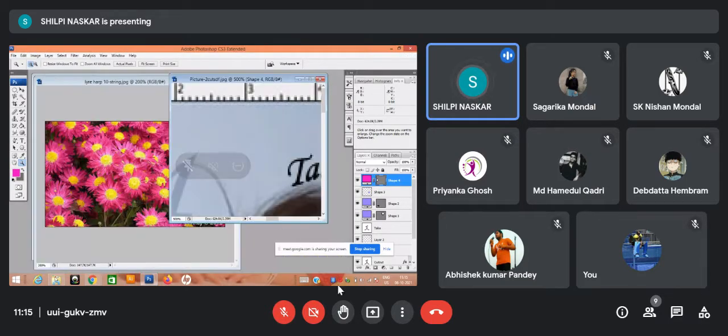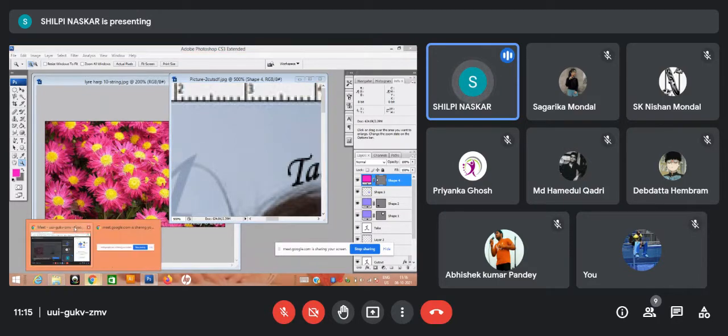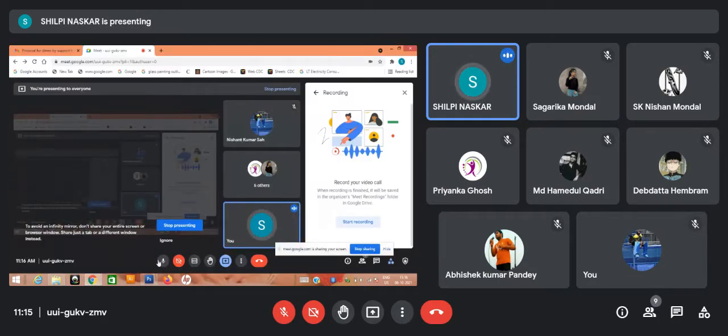What is color mode? What are the color modes available, that you need to know. In the color subject you will be learning more about the color modes, the details, all the theories behind all the color modes.